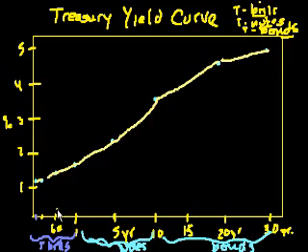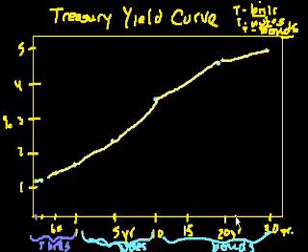And so hopefully you at least understand what the yield curve is. All it is, using a simple graph, someone can look at that graph and say, well, in general, what type of rates am I getting for lending to the government on a risk-free basis, or as risk-free as anything we can expect? What type of rates am I getting when I lend to the government for different periods of time? And that's what the yield curve tells us. And in general, it's upwardly sloping.